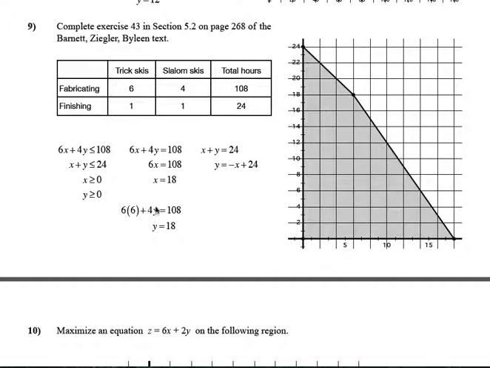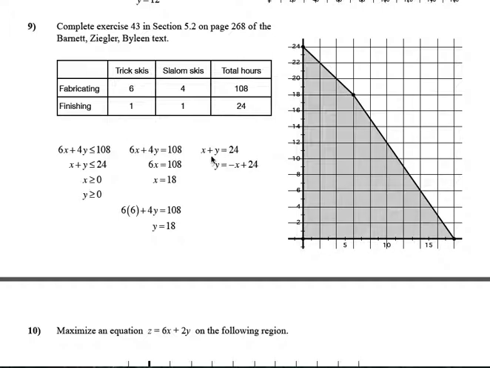And if I choose an x value of 6, I can substitute that in here. 6 times 6 is 36. And I subtract 36 from both sides of this equation and divide by 4, and that gives me y is equal to 18. So when x is 6, y is equal to 18. There's 2 points on the line, and we can then plot the line. We can sketch the line. The y-intercept, by the way, would be 27, but that's off the scale of the graph I have here. So that's one line, and then